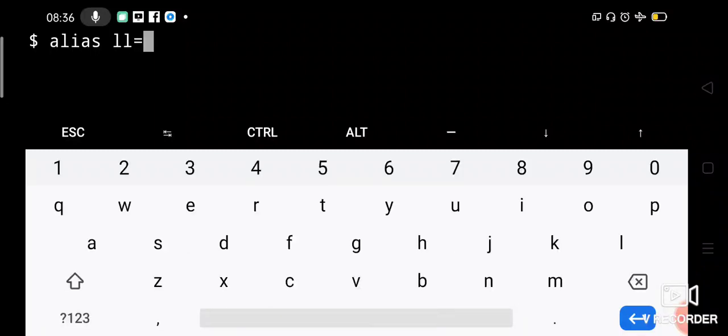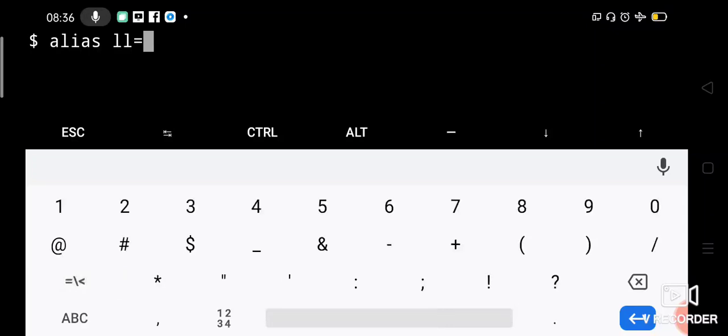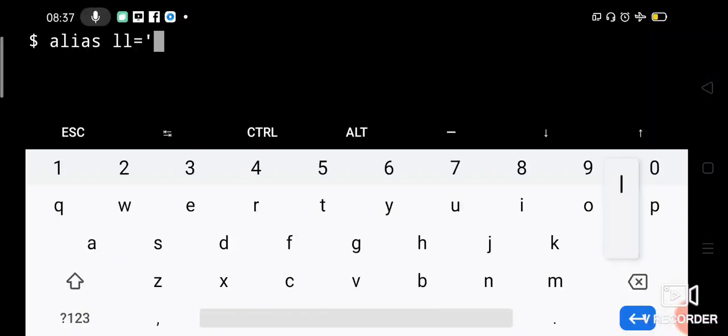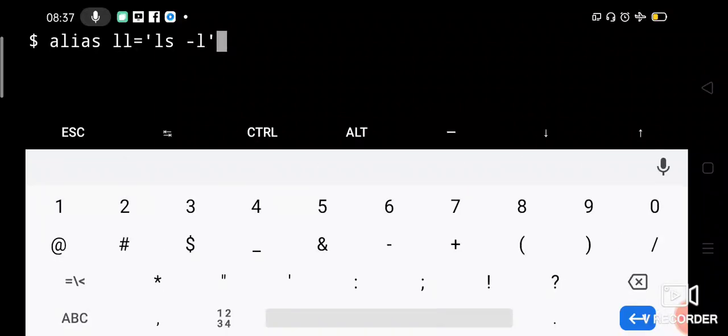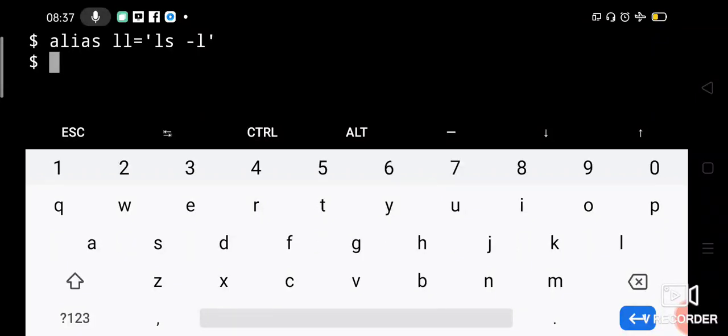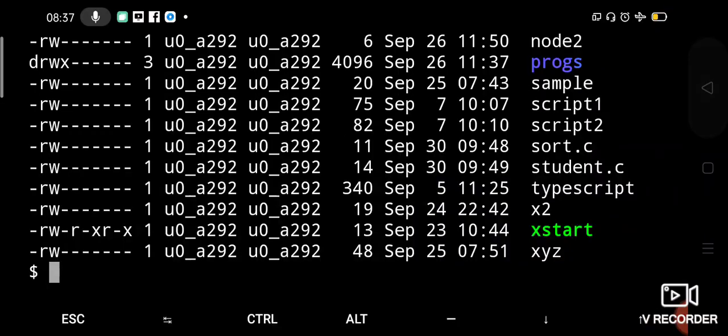Okay, so now within single quotes, because ls -l is a string, ls -l. Now this ls -l is assigned to ll. Now instead of ls -l, see ls -l, what it will display, it will give you the long list of all the files and directories in my current directory, right?